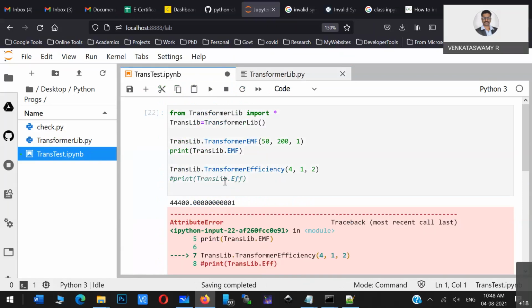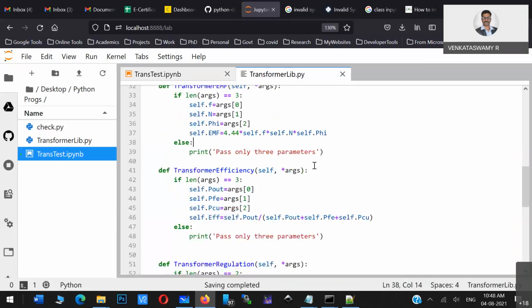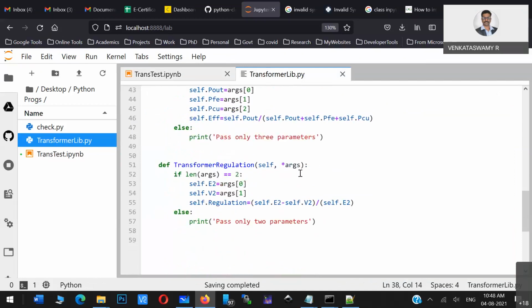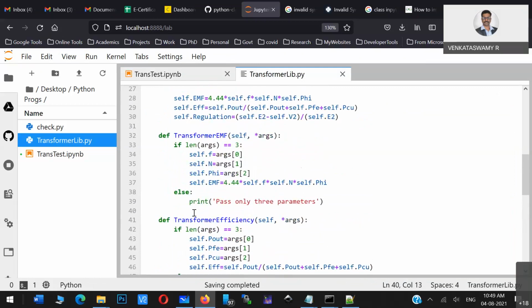No, it is showing a problem in the creation itself. Okay, transformer efficiency function. What I see, then otherwise also it should throw this. And okay, so this indentation is fine.